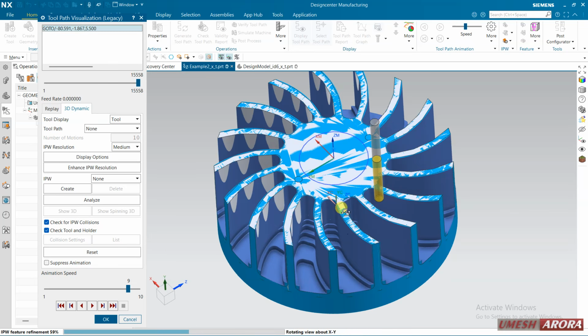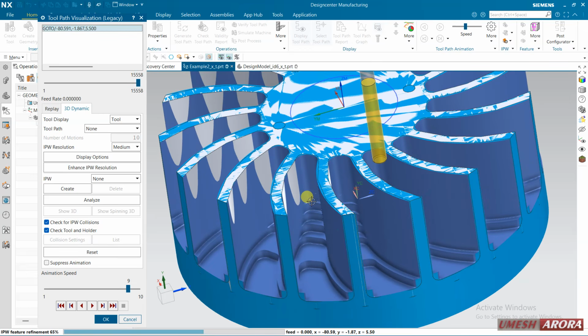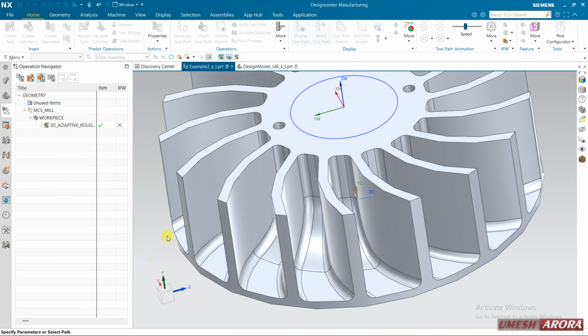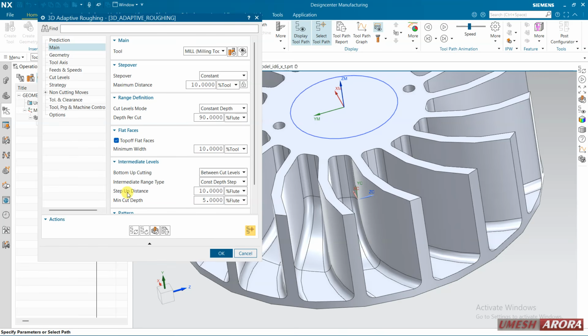Intermediate cuts are a little bit bigger, so if you want more smoothness, you can decrease the cut depth. Right now it is 5% of flute length, so flute length is a little bit bigger, that's why. Or you can change it if you want. Right now click OK.